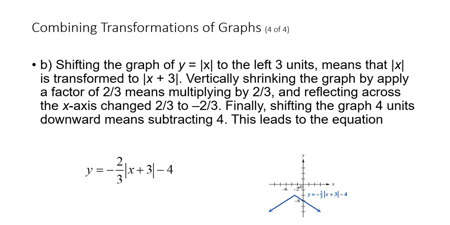So you can see absolute value of x was originally going up. This minus would bring that reflected, going down. Minus 4 means we're shifting this 4 units down. This plus 3 means that you're shifting this to the left 3 units. So you go down 4 units, 3 units to the left, and